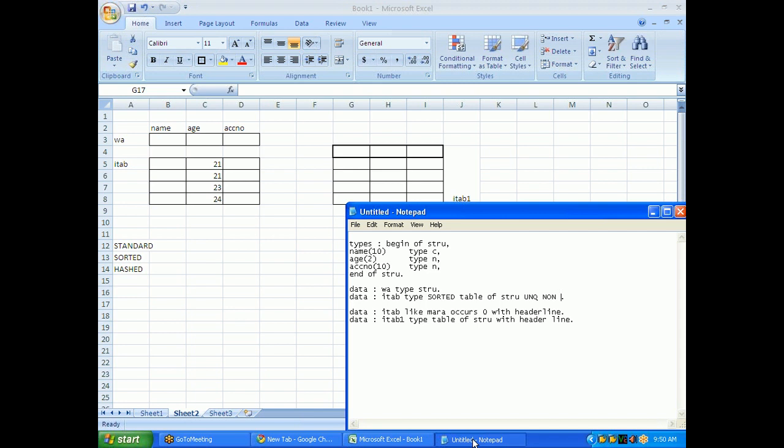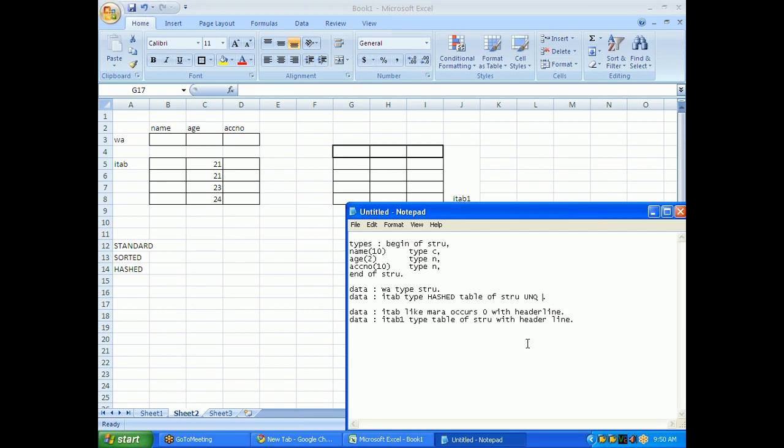hashed internal table. How do we declare the hashed internal table? itab type, instead of sorted you give hashed table. Here there won't be any non-unique key. A hashed internal table strictly follows the unique key.